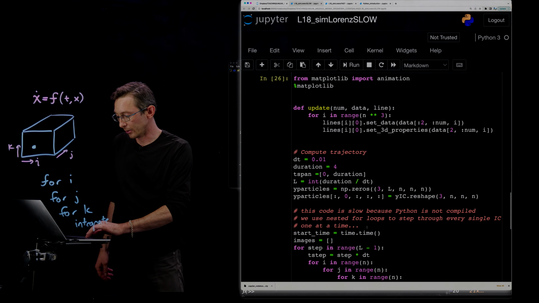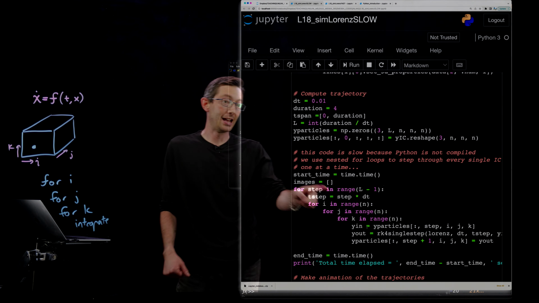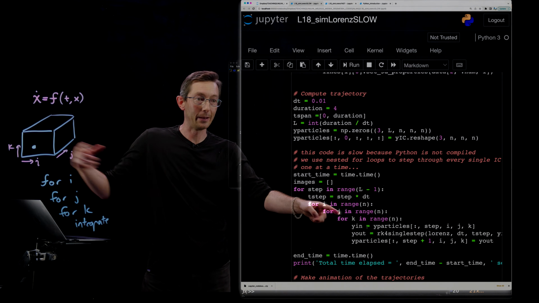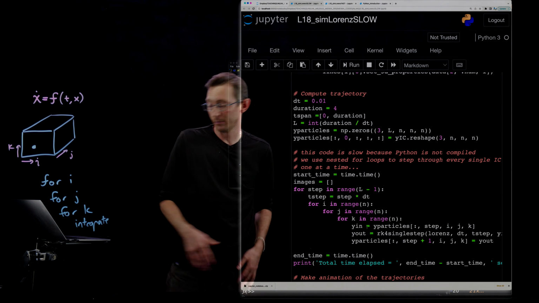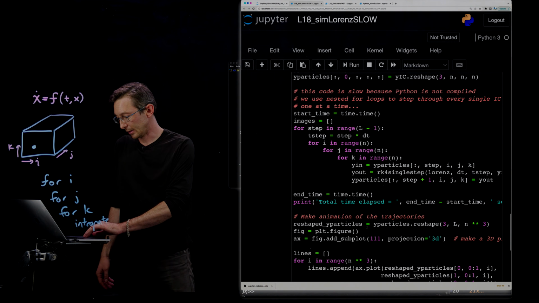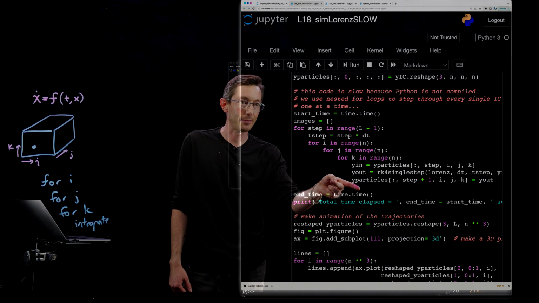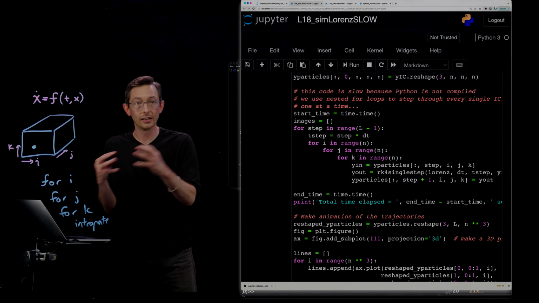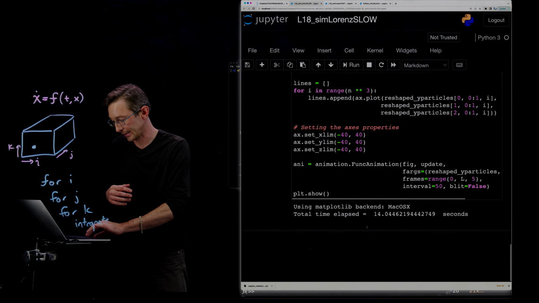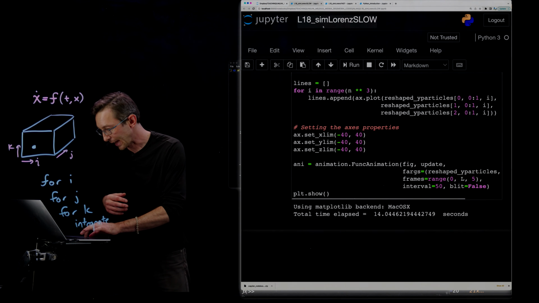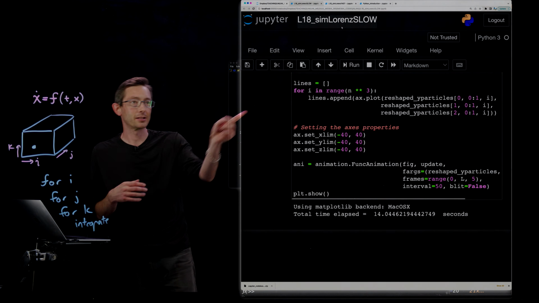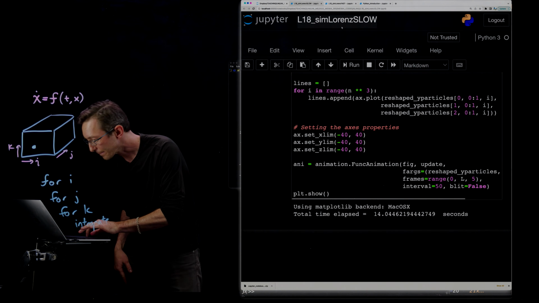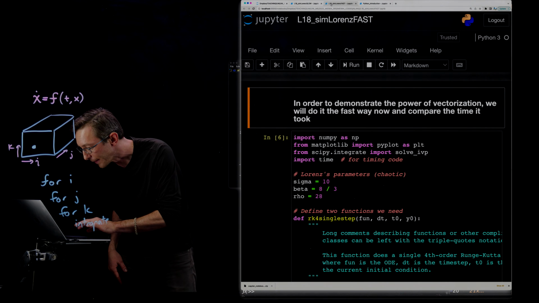The slow code is going to use this massive, massive nested for loop of for i, for j, for k. And this is going to be very, very slow. He actually uses the time command here to compute exactly how long this takes to run, which I think is nice. So you can quantitatively compare the time of the slow algorithm and the fast algorithm. And then the fast algorithm here, oh, this is the fast one, I'm sorry. No, this is slow. This is the slow one. I'm confusing myself. The fast one,